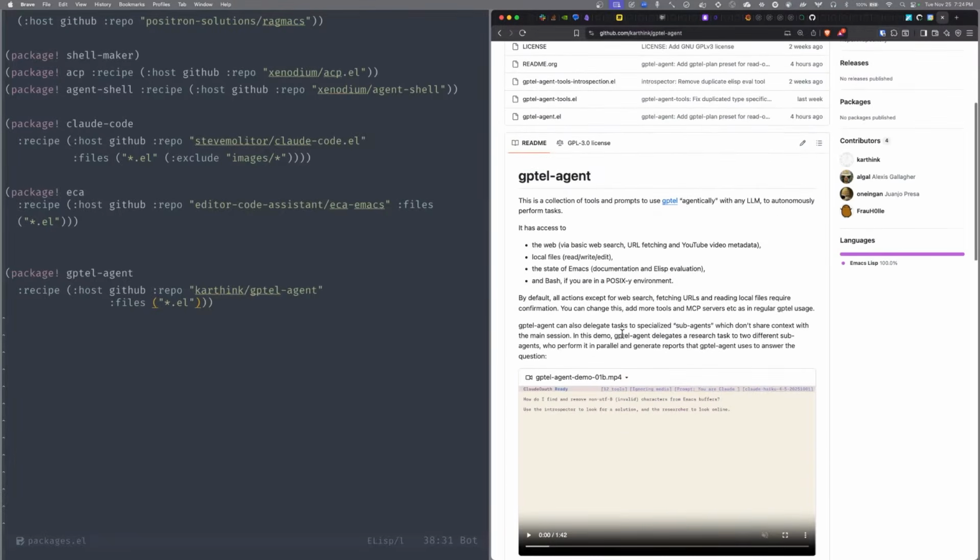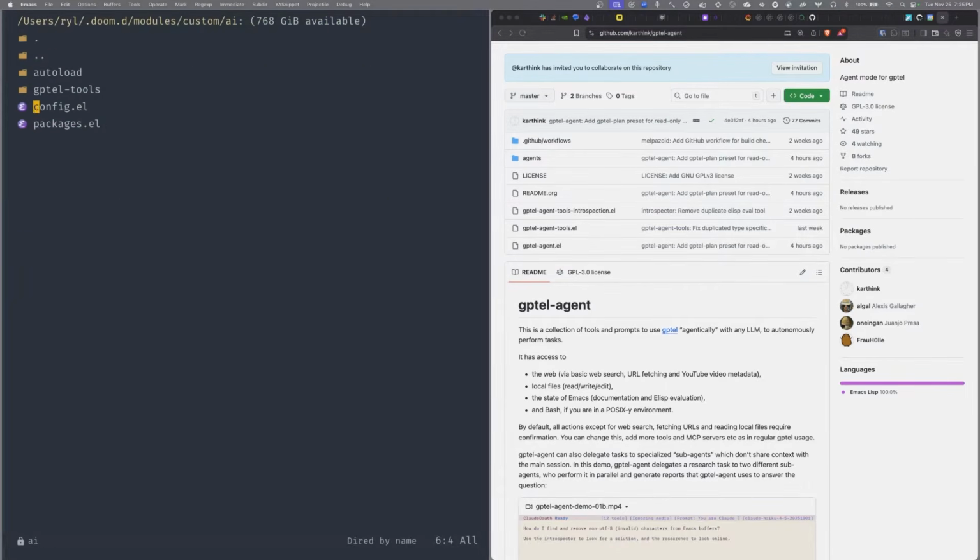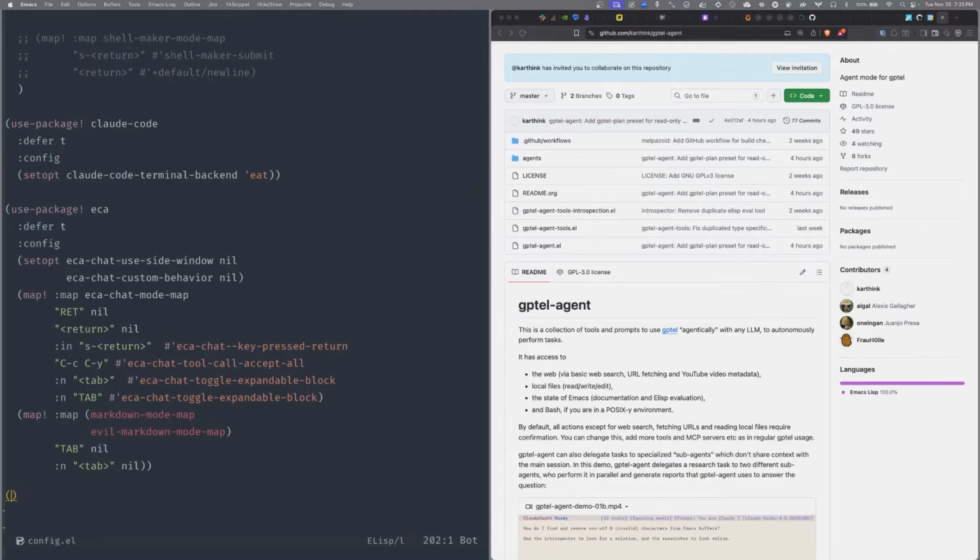So after star.el, if you can just type in agents. Agents. Yeah, I don't need the slash, I think. I'm not sure, but I don't think you need it. So yeah, let's start with this. This will get me the package. I'm gonna have to have some config for it.